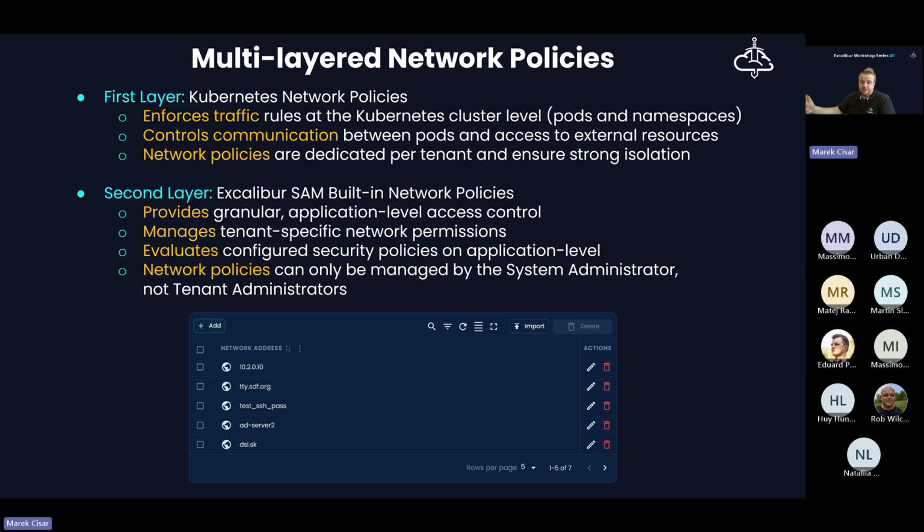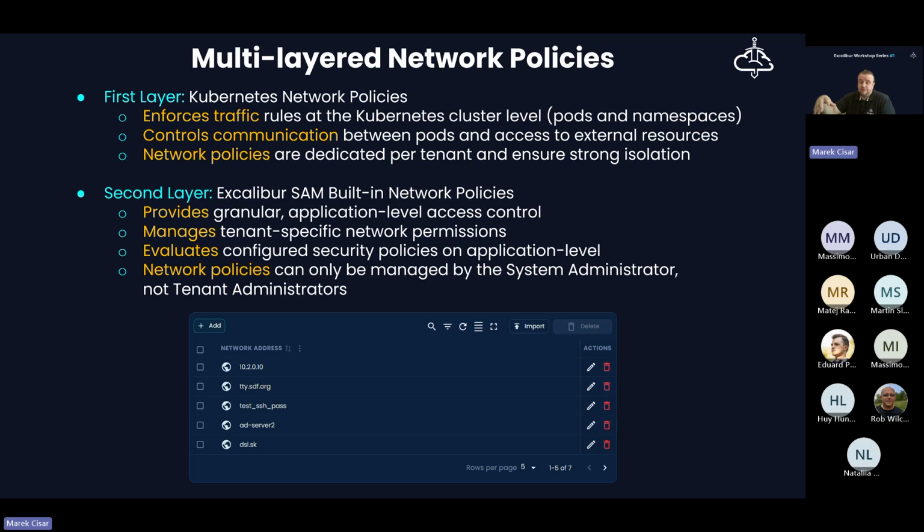But we need to take care of the possibility that there is a Kubernetes cluster administrator that may change those network policies or remove them completely.